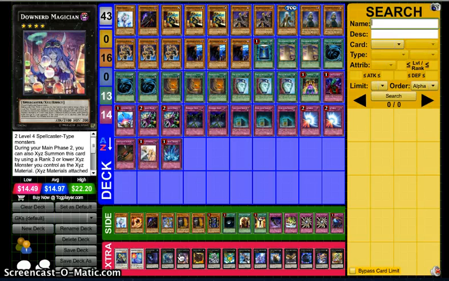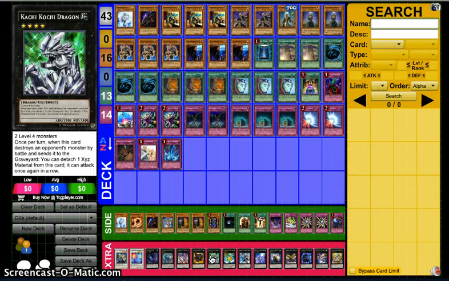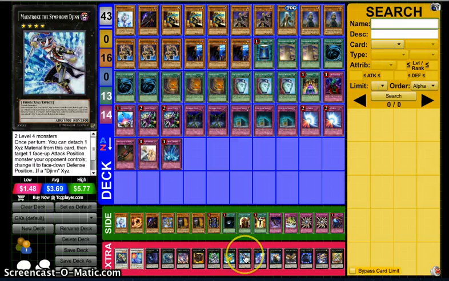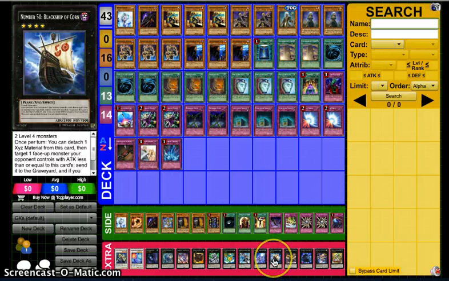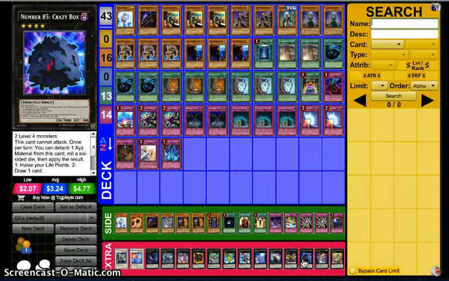Spellbook's running this deck. Any deck that runs Spellcasters can run this card. This card's amazing. Brings out a beater. It's awesome. 1 Cowboy, 1... I'm not sure if he ran Kachikochi. I have to double check the list, but I'm pretty sure it was 1 Kachikochi, 1 Leviair the Sea Dragon, 1 Maystroke, 1 Silent Honor Arc, 1 Black Ship of Corn, 1 Master Key Beetle, 1 Crazy Box,